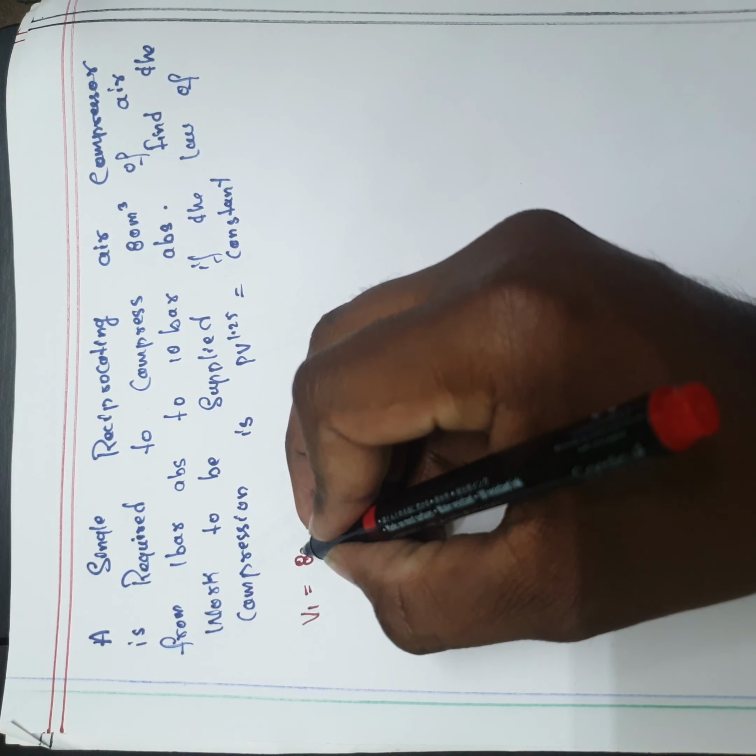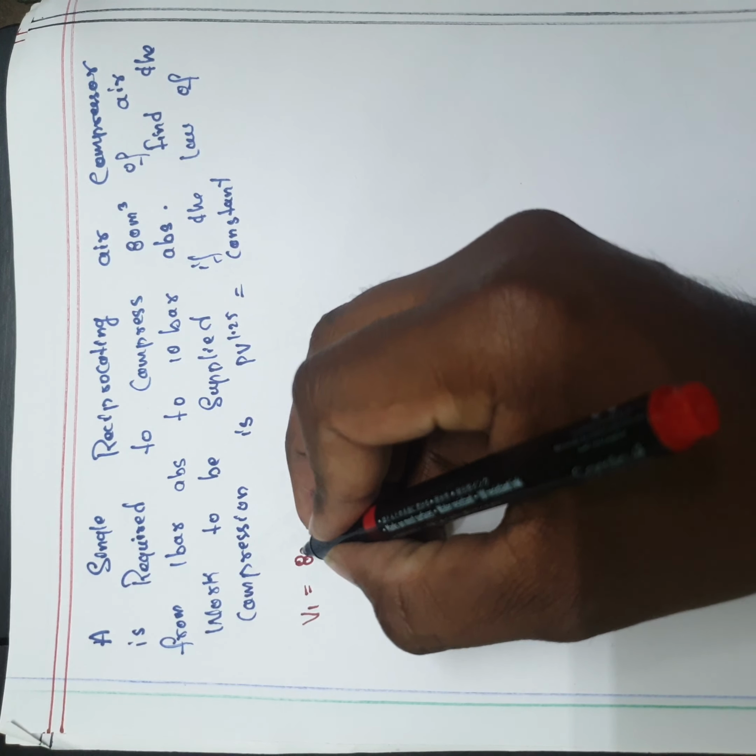So, as you can see, n is given, 1.25. Suppose n is given 1.4, the given process is an adiabatic process, but here n is given 1.25. So, whenever n is given 1.25, see here the work done formula: n by n minus 1 P1 V1, P2 by P1 to the power of n minus 1 by n, minus 1 for polytropic. If n value is 1.25, which is less than 1.4, then it is polytropic. Suppose the n value is given 1.4, then the process is adiabatic.